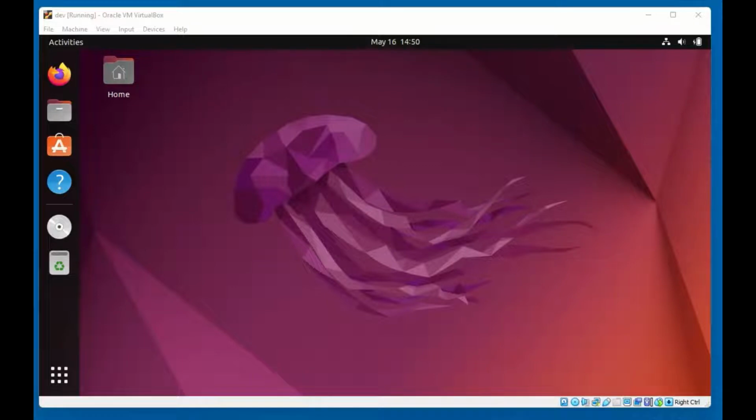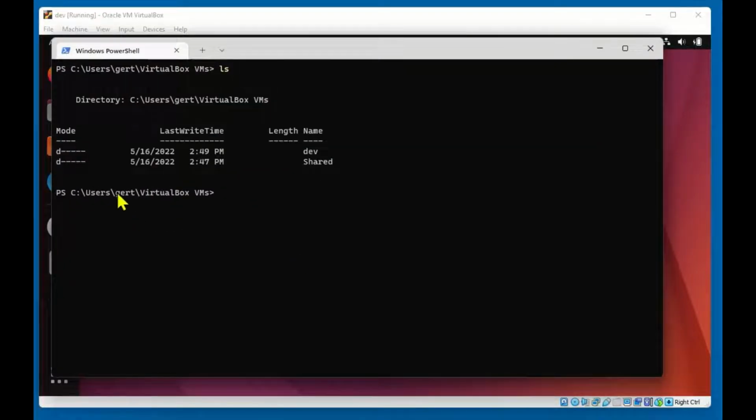How to create a shared folder. Pretty much what we want to do is we've got a folder on our host machine here, and I'm in the VirtualBox VM that gets created when you install VirtualBox. As you can see, I did an ls. I have two folders. I created a folder called share, and we're going to attach this share folder into our